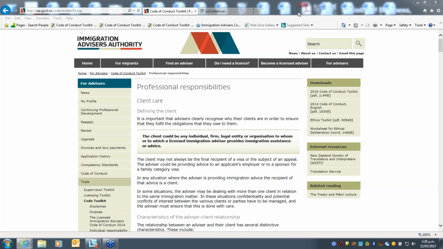So there have been tribunal decisions where there's clearly been a breach of the code, for example around refunds. Refunds haven't been provided where the work hasn't been done or the work has been done unlawfully, and the tribunal has required the licensed advisor to pay the refund even though the money would have gone to the company, and they were being paid a salary. So you do need to be aware of it, and you do need to think about your situation and how it's working.